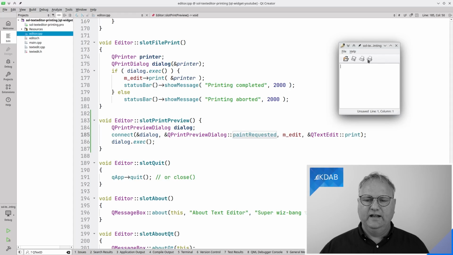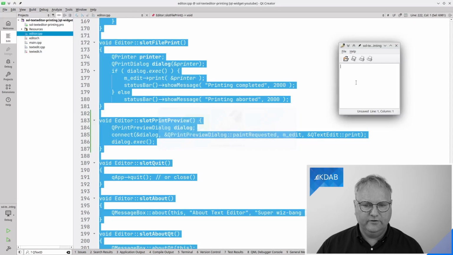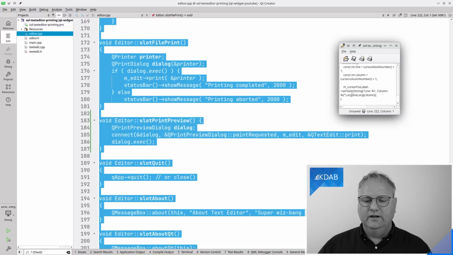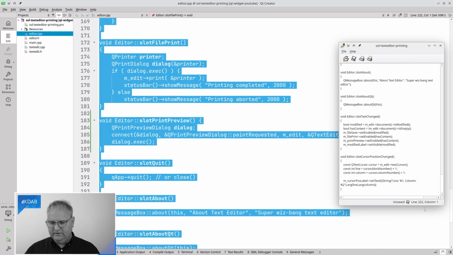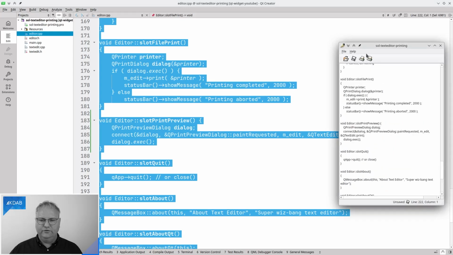Let me end this section about QPrinter, QPrintDialog and QPrintPreviewDialog by just showing you a bit of code to collect all the loose ends. So here I have a very simple application. It's a text editor that has 22 lines of text inside it now, and it has two printers because I just added the second one a minute ago.